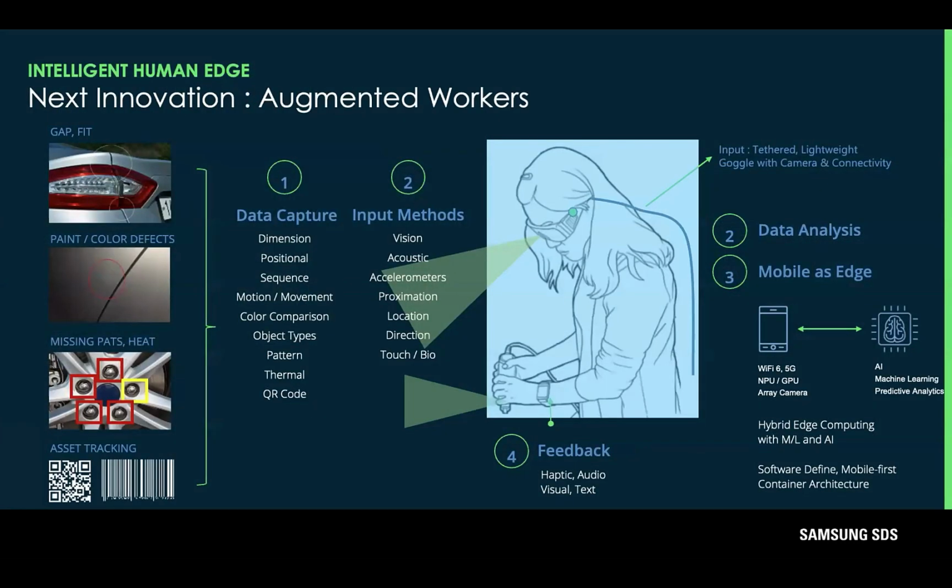Because really where we're going is not only mobile first, but mobile in a way that we've never seen before. If you look at manufacturers like Boeing or Ford or GM or any of these companies, they're starting to go to what we call the augmented worker, where it's not just one mobile device, it's multiple mobile devices, or it's a mobile device and accessories like augmented reality headsets and wearable devices to allow them to really streamline efficiency in